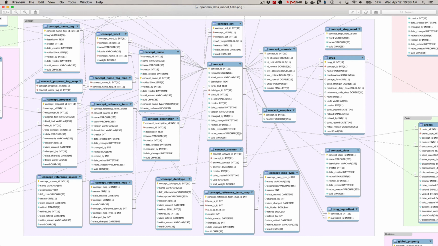And so the concept dictionary started out as being sufficient for just capturing information about medications. But as we grew, and as the needs grew in the community for tracking drugs, both prescribing and tracking more details about not just that it was ampicillin given to the patient, but it was a 500 milligram tablet of ampicillin, that's where one of the things we struggled with